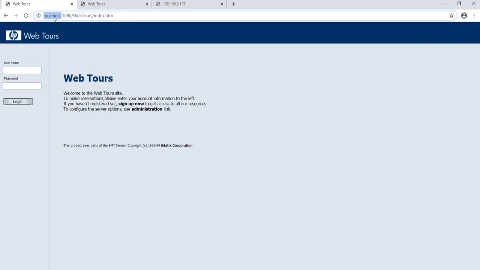Now instead of this localhost, I will go ahead and use 127.0.0.1. You can see over here I have not changed anything. The only thing which is changed is instead of localhost I am using 127.0.0.1, which is the loopback address. So I press enter, we again get the same screen. So this is the IP address which can be interchanged with localhost.